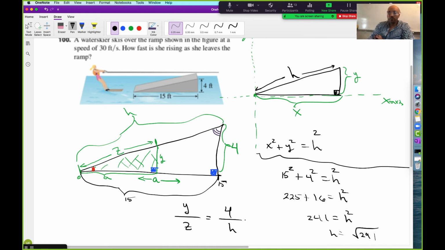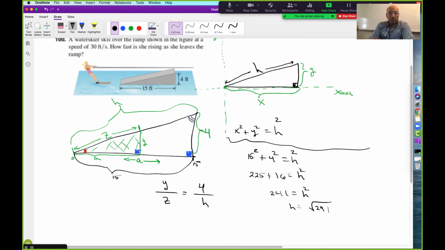Good. So this is just some number. This is just going to be y over z is equal to 4 over root of 241. Any questions so far? No. Okay, so